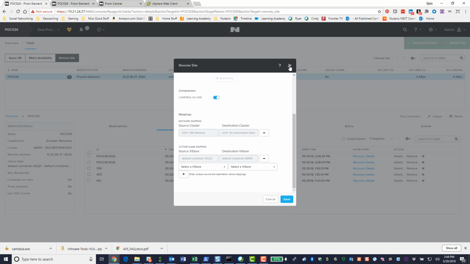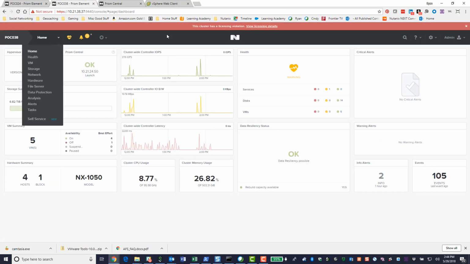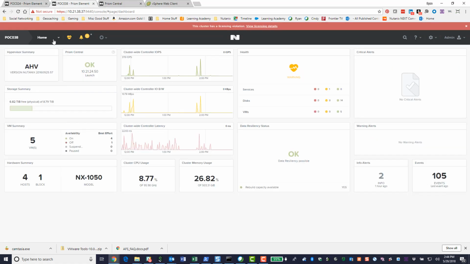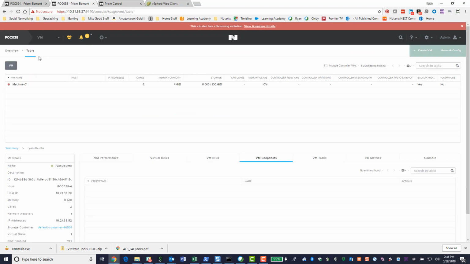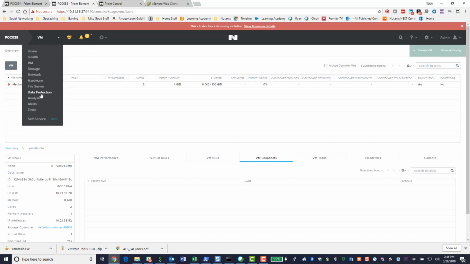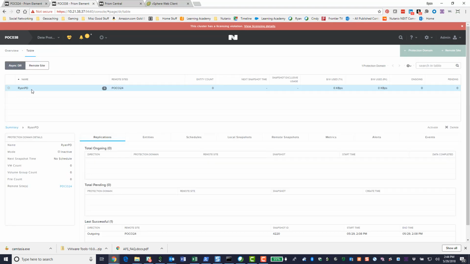So basically you save this, and then on the remote site you go to the same thing, and just to show you there's no tricks up the sleeve, I am running AHV, and if I go to VMs and table, I don't have anything running here except for just a test machine. And then go over to data protection, table, and again I've got this Ryan PD, and I'm going to go in here